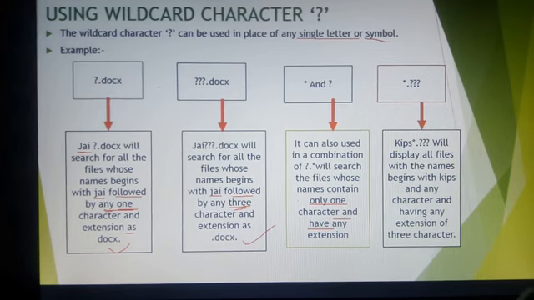So next, keeps is the name of the file. So keeps star dot question mark. Here keeps star dot question mark will display all the files whose name begins with keeps, followed by any characters, and having an extension of three characters. What the extension is, we'll see in the next part. We'll see what the file formats are.